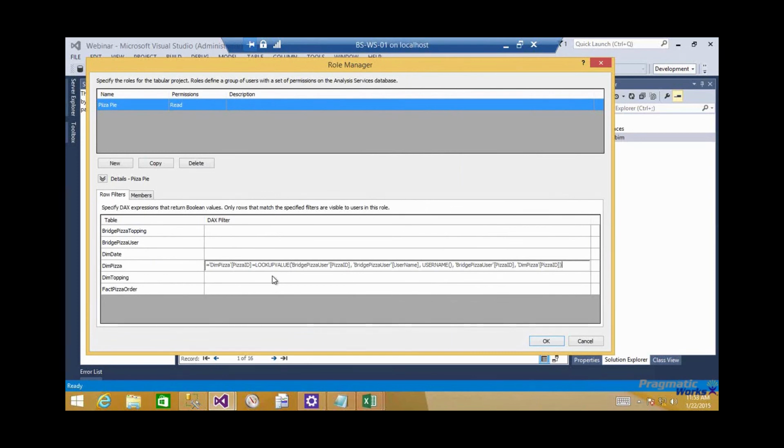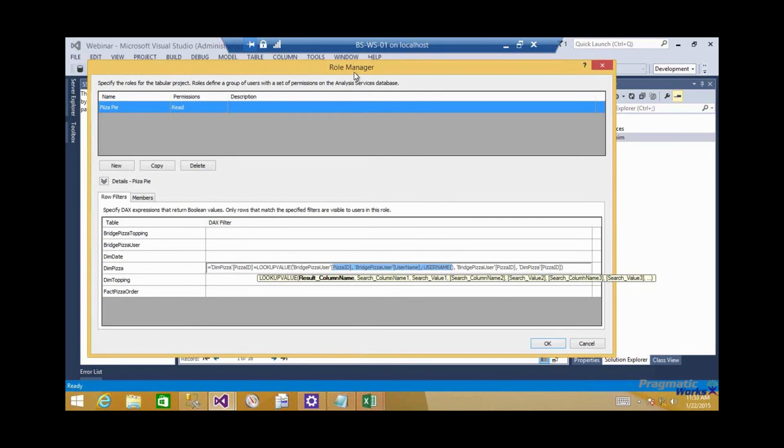So what this formula is actually doing is it's essentially taking all the values that it finds, comparing to the pizza ID here, and it's going to look up in the bridge table all of the pizza IDs that it finds for my username, which is going to be passed in. So it's finding the intersection of the pizza ID, my username, and the actual username that I'm logged in with. So that column that we had in there for username needs to be your full domain name, okay? The full domain name, username/domain inside of there, okay? And then it's going to apply that lookup value over to that bridge, the intersection there between the bridge table